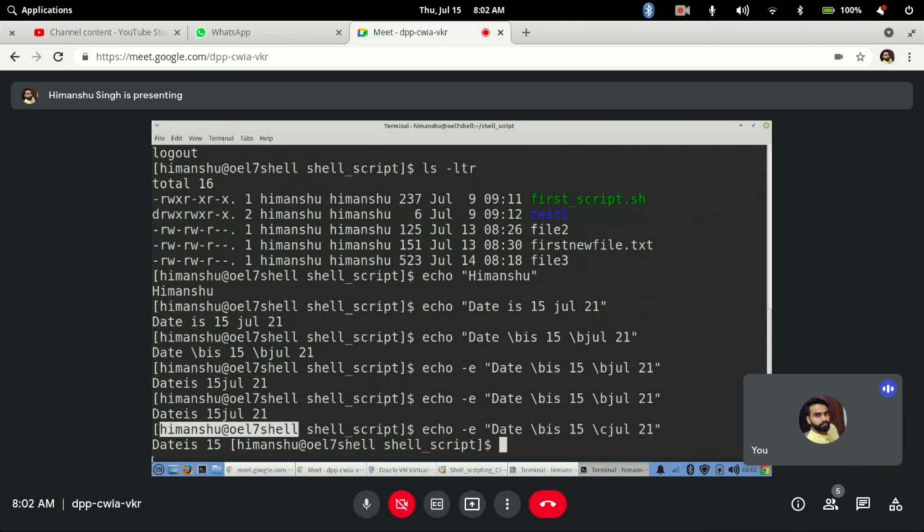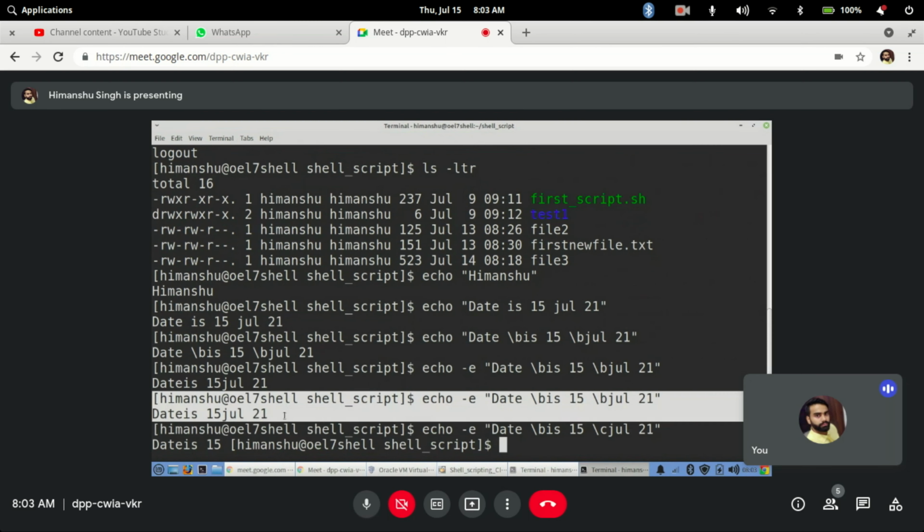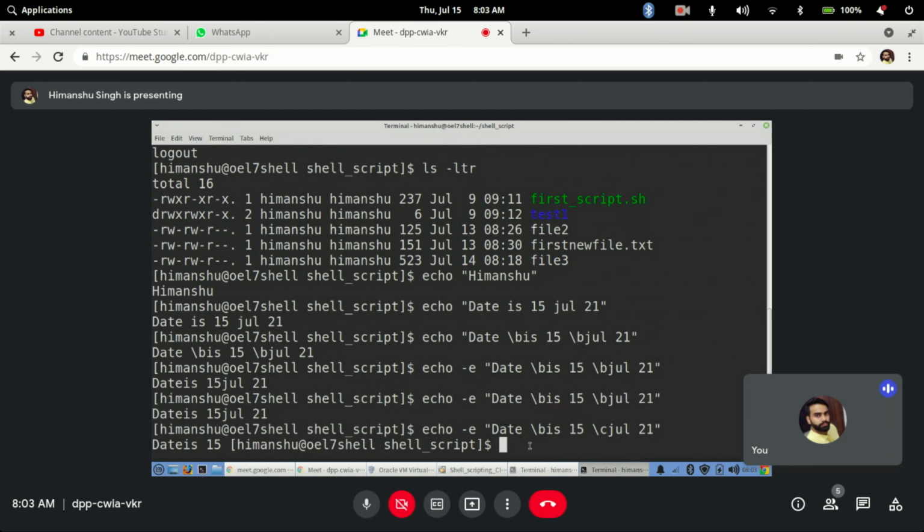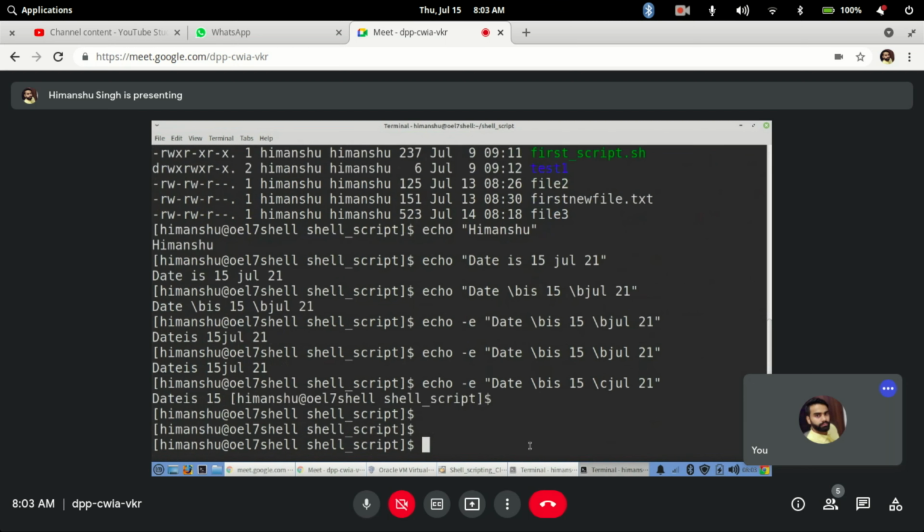See what it has shown me: it has removed the rest of the content and only shown me up to here, and the command prompt is displayed again in the same line. It has not opened a new line for that printing and then another new line for the command shell. It will print in the same line with \c. Getting it?